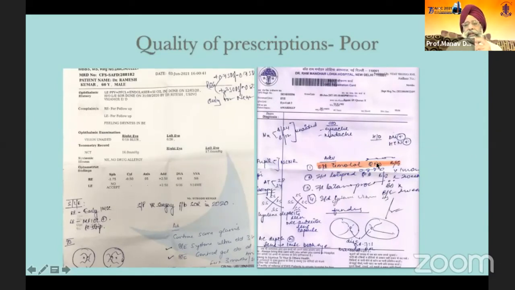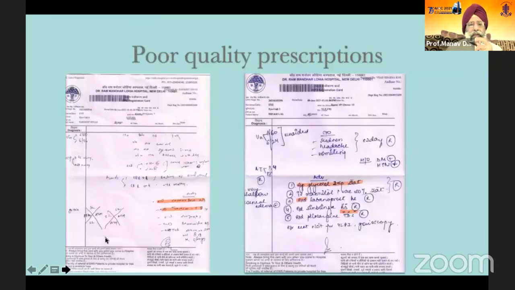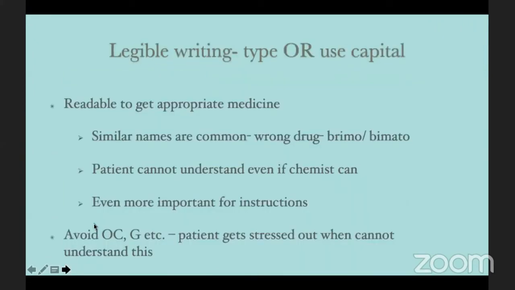Timolol has been prescribed 4 times a day, which is not correct. Here, abbreviations like BE and ED have been used and should be avoided. And here 2 PG analogs have been given in one prescription, and here glycerol is not written in appropriate dosage, and here these 2 circles and 3 circles are written in between 2 drugs, so it is not possible to understand what exactly is meant.